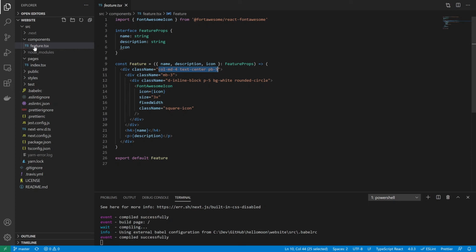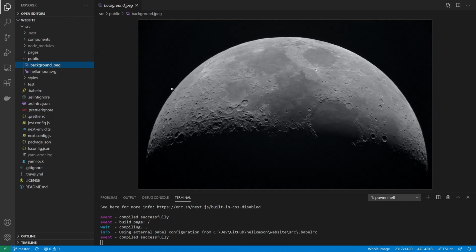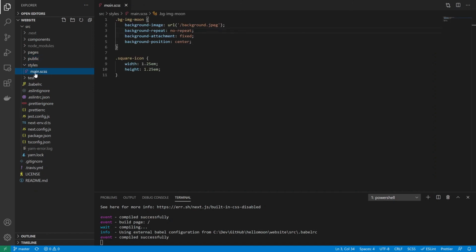So those are features and pages. There's a public folder with a background in it, the one I got from unsplash.com, and our logo is in there, and I have some styling over here which is quite minimal because I used Twitter Bootstrap. I only have to do some small fixes there to make this work,